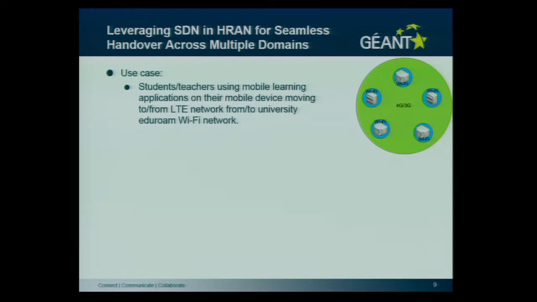The thing is, for example, if we have eduroam in LTE, a single person will have one universal profile.